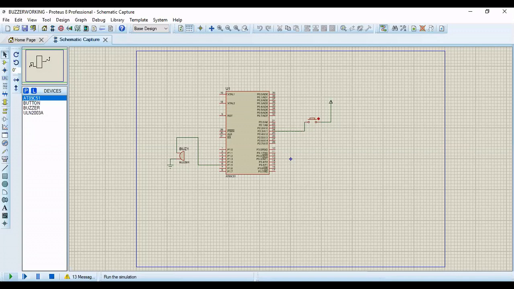If we press that, you can see that the blue color has become green, and you can see the running status, right? It is running here. You can see the animation at the bottom; it is executing. So this is the run program. We have already started, it is executing now. So now if I press the button here, you will hear the buzzer sound, right? So this is the program. What am I doing? I'm pressing the button, and you'll be able to hear the buzzer sound, right? So that is the program, right?